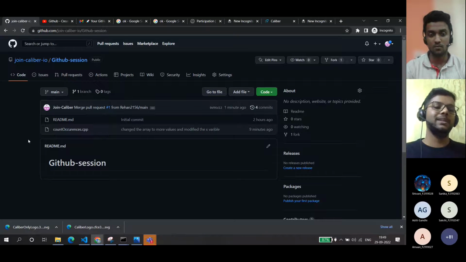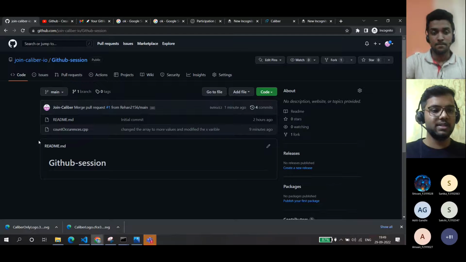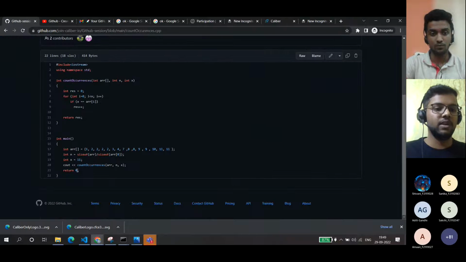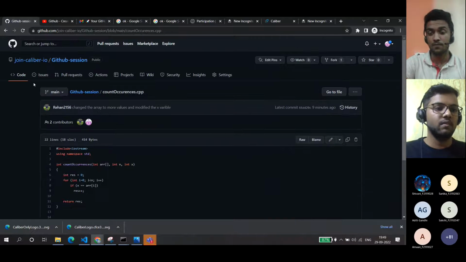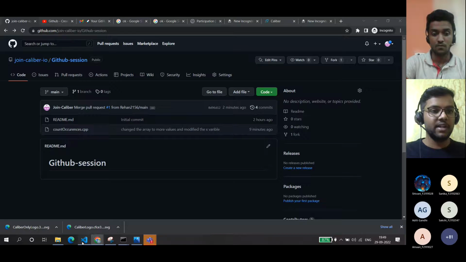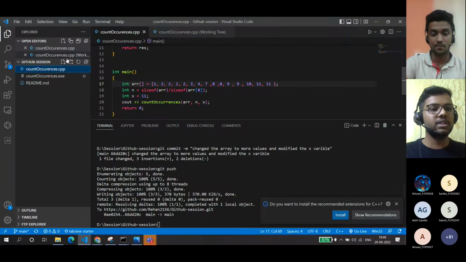So it will be much easier for you to contribute to this, and it might be very handy because we are not going to give you this kind of code, where you have to do some modifications in the code. We're just asking you, take a fork, get it into your local machine, and then you can just add a folder.